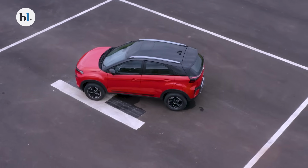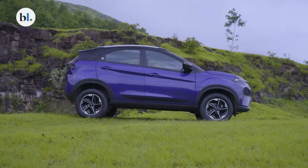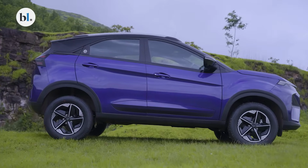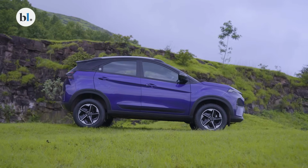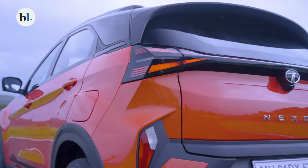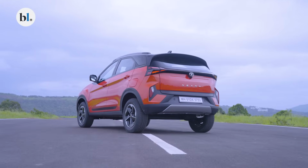The roofline is identical. The floating C-pillar impact is marginally changed, and some of the lines, in the interest of continuity, have been altered. But the big change, of course, is at the rear. As you can see, the continuous light bar, the LED bar that runs across from one tail lamp to another